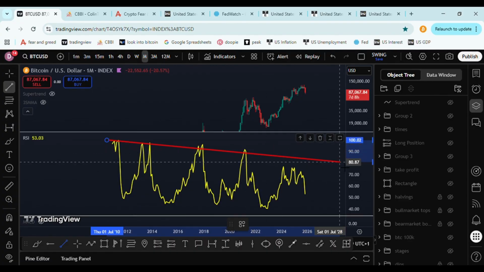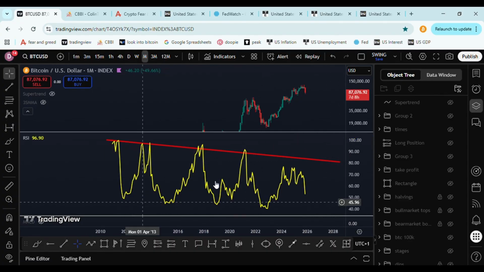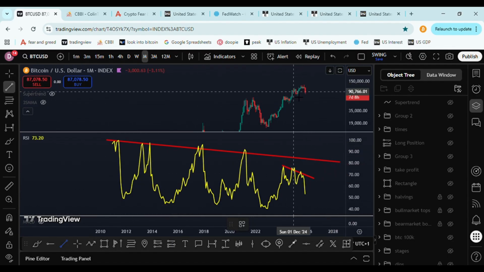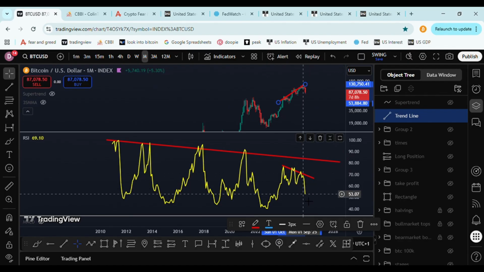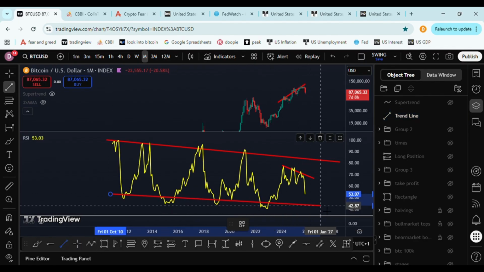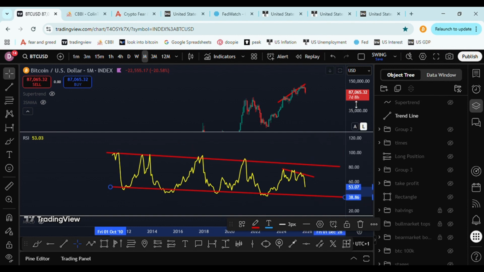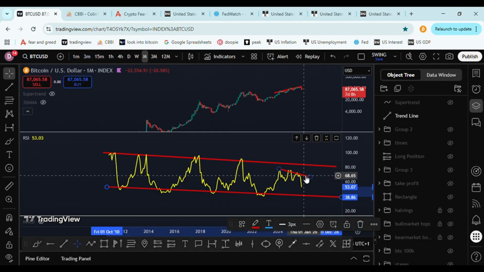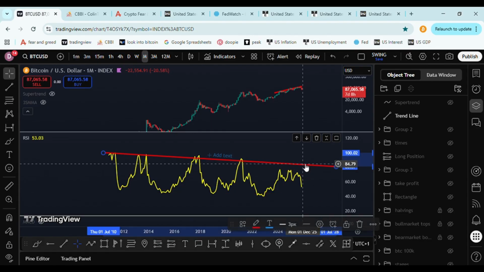This was one of the indicators I was looking at. It hasn't peaked yet, but as you can see, we've got various divergences playing out, and the RSI is now dropping heavily as well, which is almost getting into a very good buying zone opportunity. If the RSI gets this low, then it's a very good buying opportunity. So that's what I'm going to keep an eye on right now.